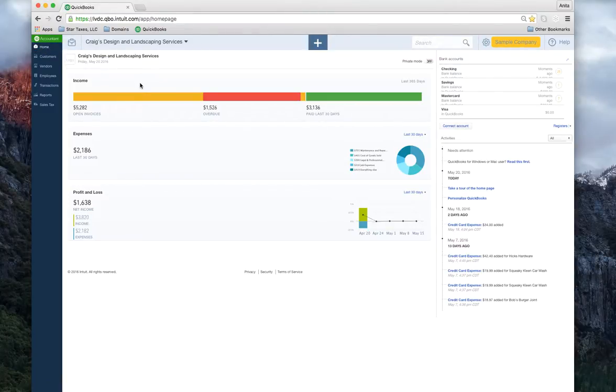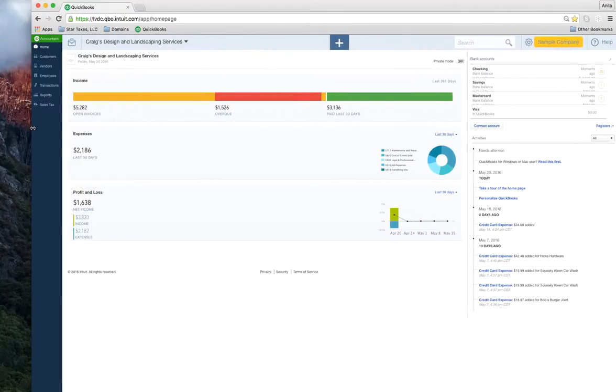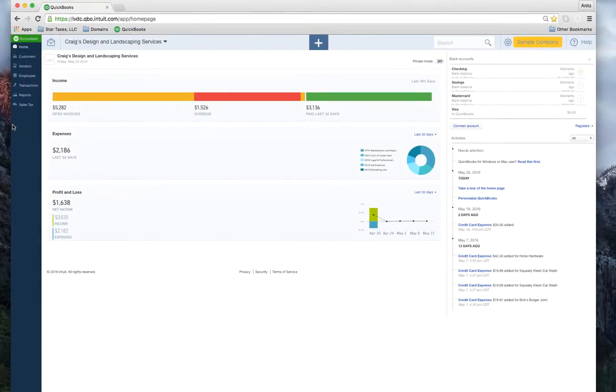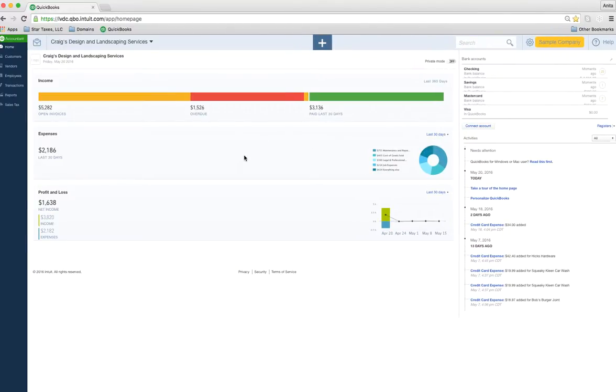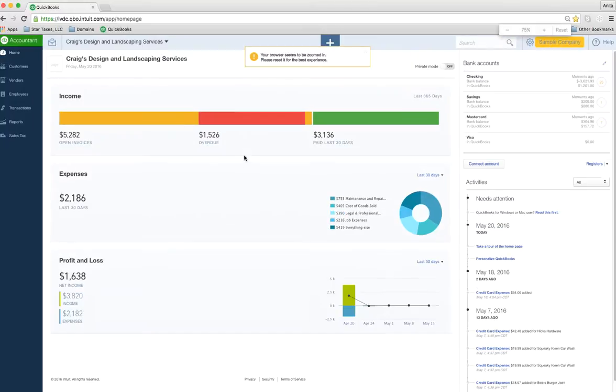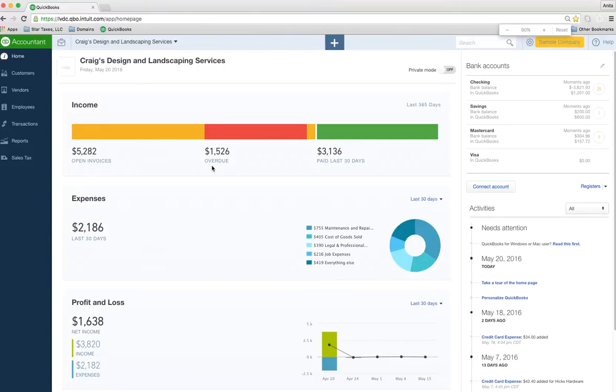Okay, so when you log into QuickBooks Online, the home page is the first screen that appears. The top of the screen shows the name of the QuickBooks Online company, and in this case it's Craig's Design and Landscaping Services. Okay, let me see if I can open this up just a little bit more. Hopefully we can see it a little bit better. Okay, and zoom in just a little bit, maybe a little bit more. Okay,